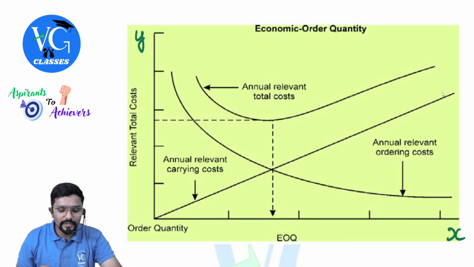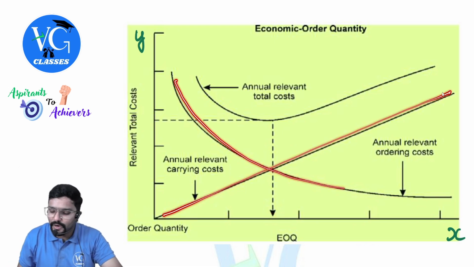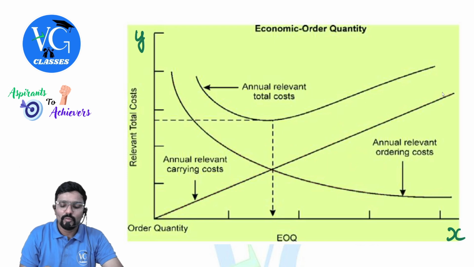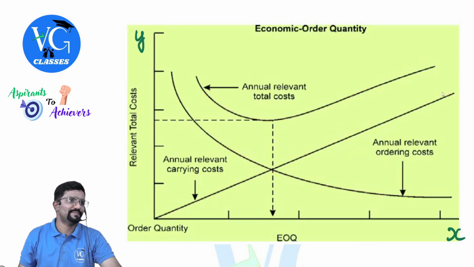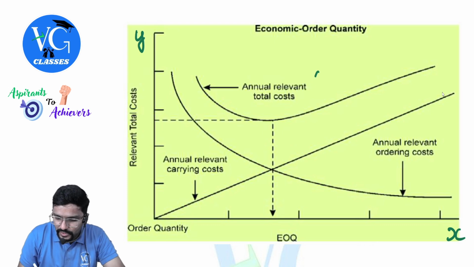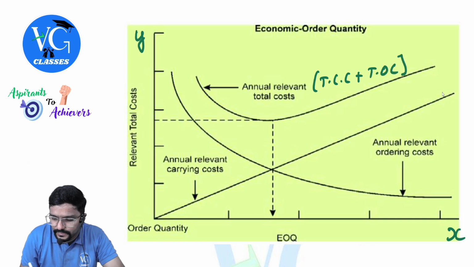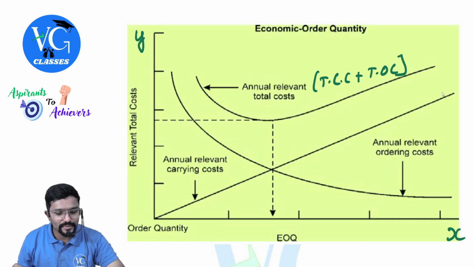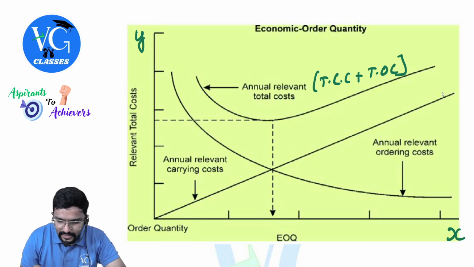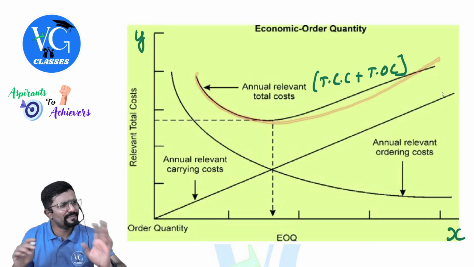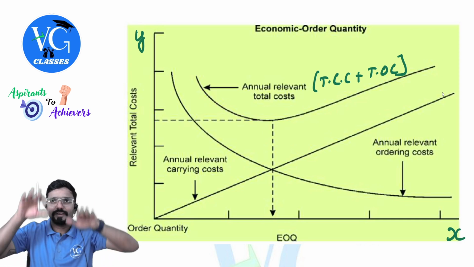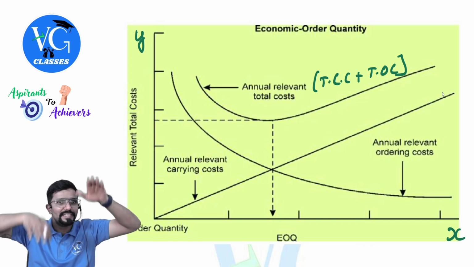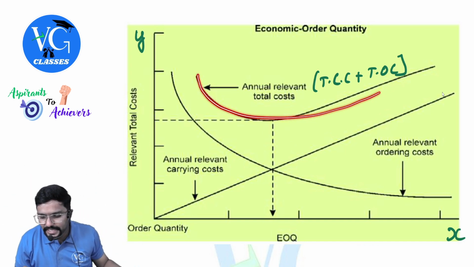Okay, sir. Now individually we discussed carrying cost and ordering cost. Let me add up both. What is the total of both will come here. This is nothing but total carrying cost plus total ordering cost, guys. You can observe it will start from here and keep fluctuating because it is the sum of both. So even this will be dancing here.